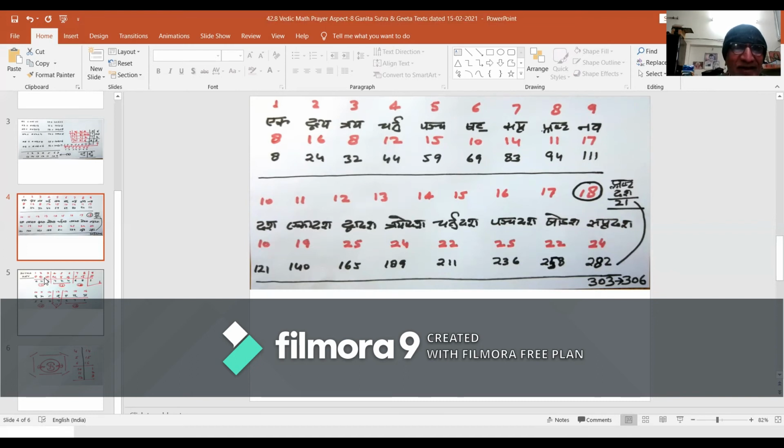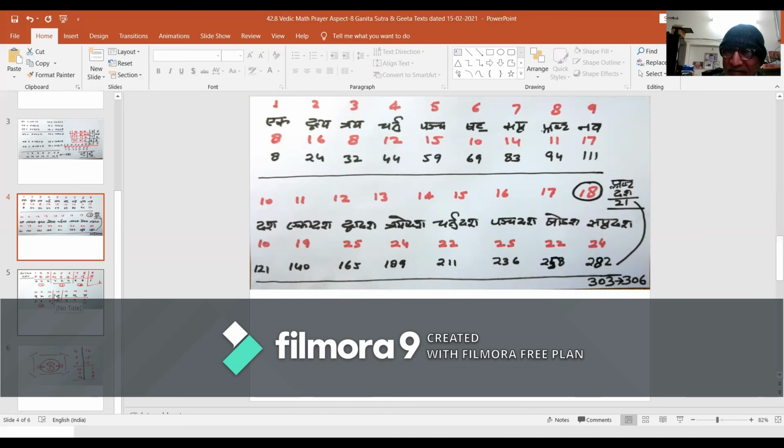See, it will take us 8, then 8 plus 16, 24, and so on. At the end, we will reach at 282. See, 1 more than it is 283, precisely equal to the total letters of the text of 16 Ganita Sutras.